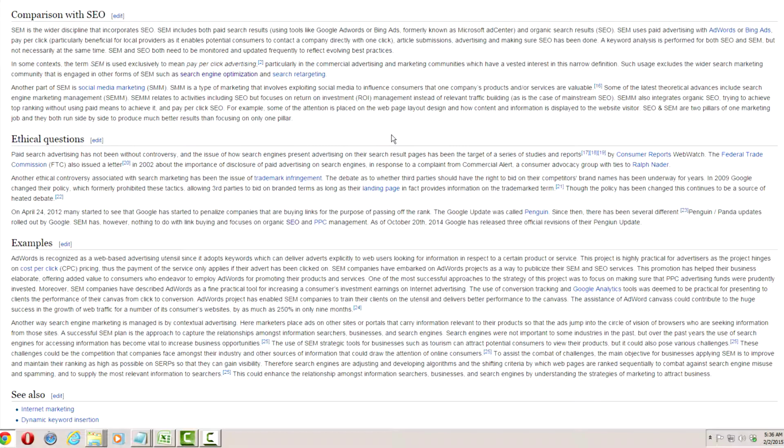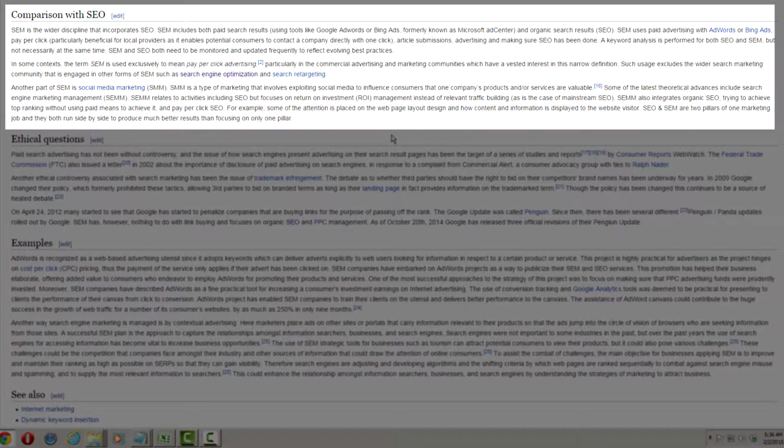Comparing SEM to SEO, SEM is the wider discipline that incorporates SEO. SEM includes both paid search results using tools like Google AdWords or Bing Ads, formerly known as Microsoft adCenter, and organic search results, known as SEO.